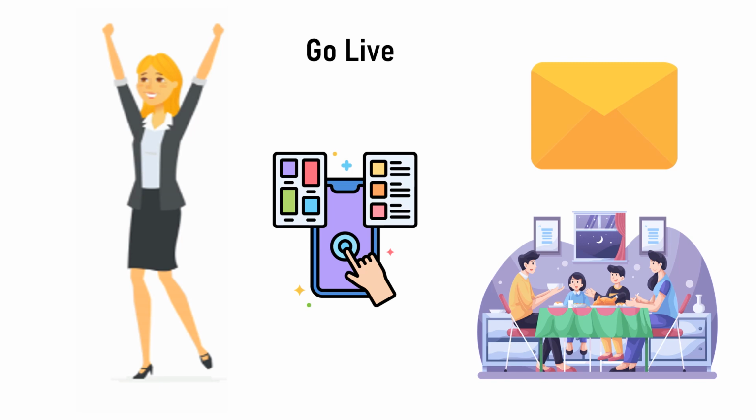MVP functionalities were developed. User acceptance testing was successful. The training and operational procedures were completed. Next was go live. If you remember from our episode 1, Jane had an email list of all her customers. She sent them an email to try out the application and order food from comfort of their home. Her website was updated with the link to the application, and there were cards kept on each table with instructions for downloading the app.